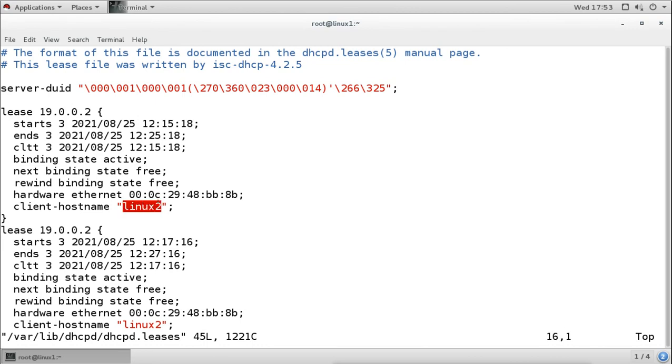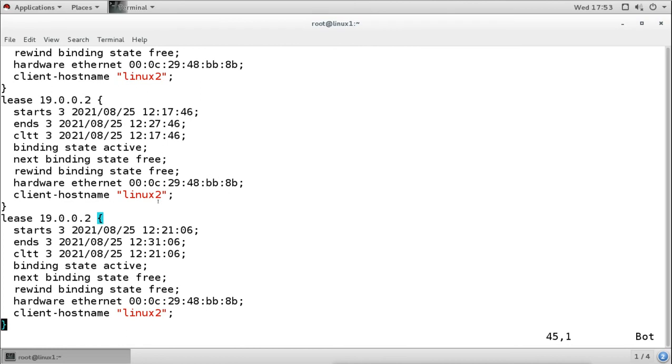Now it is showing here 2-3 times because we have changed the IP address, we have restarted the service and we have restarted the server also. So it is showing 2-3 times here. The same IP address is given to the same machine because that IP address was available. So whenever the machine was asking, it was getting the same IP address because it is available. But sometimes, if the IP address is not available, the client will get a different IP address.